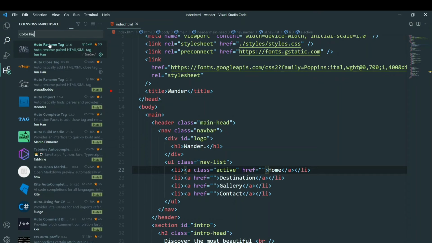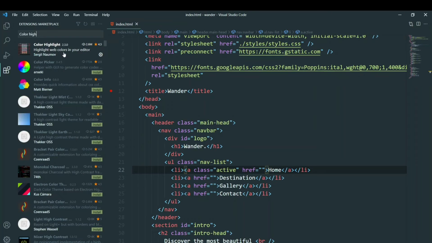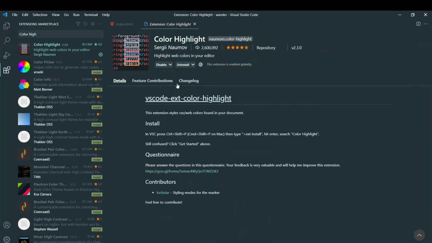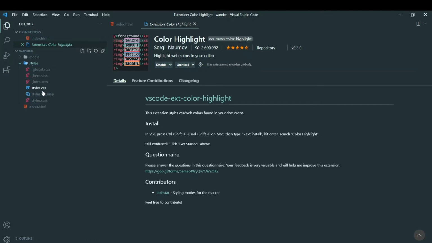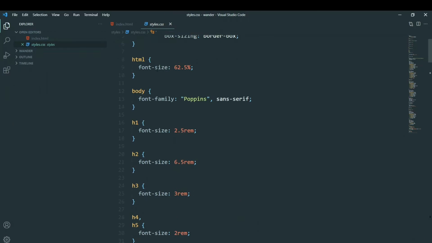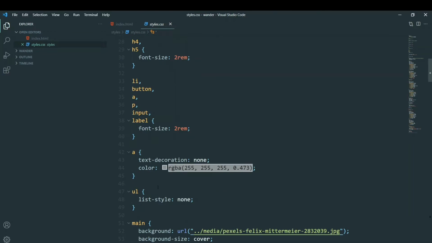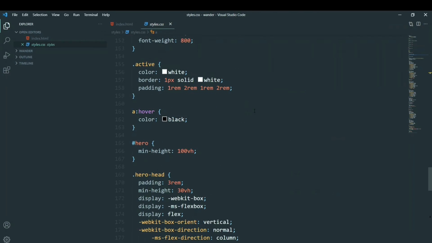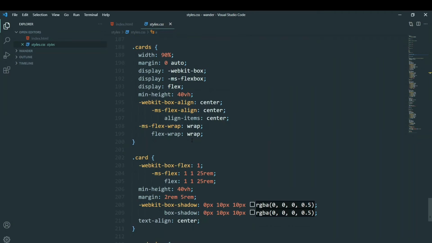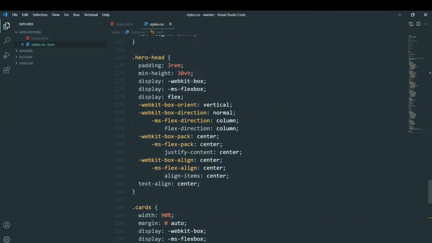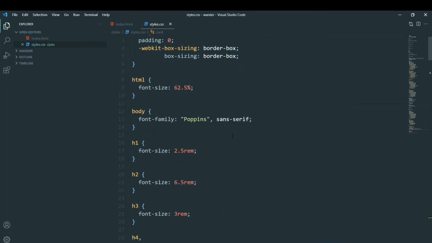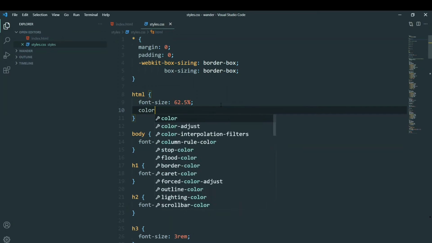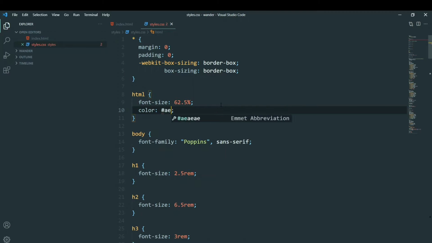Okay, so this is the one, 2.6 million downloads and 4.5 stars. What this does is, whatever color you use, suppose I have a style sheet, let's see this styles.css, and I have applied colors in this style sheet. You can see over here I've applied this color, and further along the video I've applied a few colors. Even if you try to apply a color right now, let's go inside this HTML and I'll just add a color tag and write whatever comes to my mind, A, B, F, D.